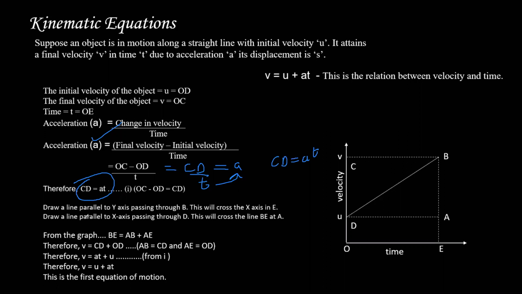So now what I'm going to do is I'm going to draw a parallel line to y-axis passing through B. And folks, I'm going to request you to do one thing. If you have a notebook with you, now, draw this diagram and then follow my instructions. So what's going to happen is when you draw this simultaneously, like with me, you're going to understand अच्छा भैया क्या कह रहे हैं, क्योंकि screen पे देख के it's very hard for you to keep a note of what is happening. So take a notebook and a pen, draw this diagram. I'm going to wait for 1 minute for you to do this.